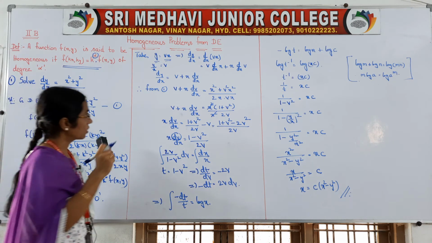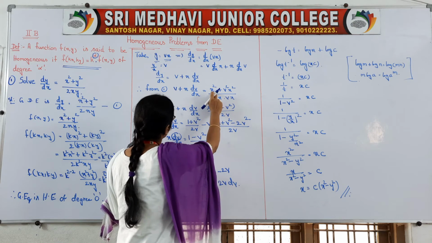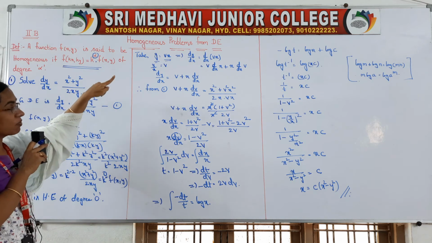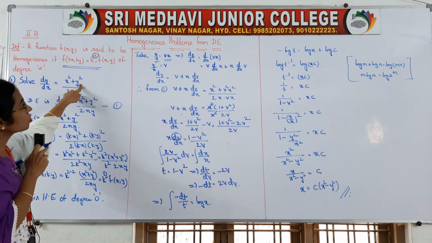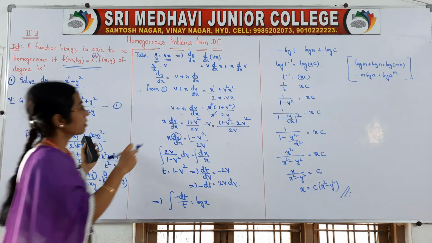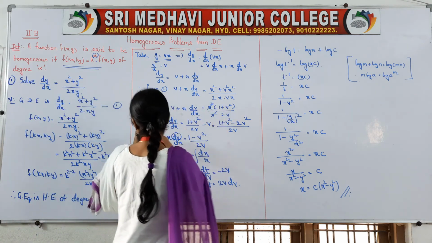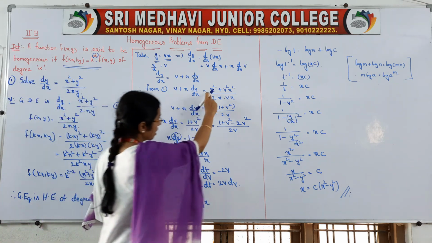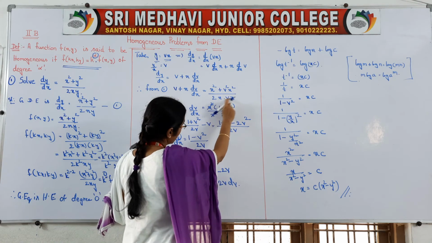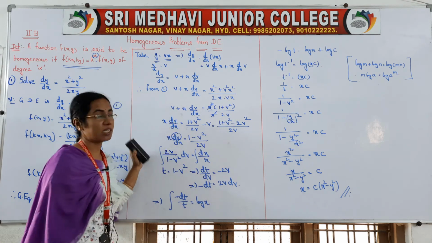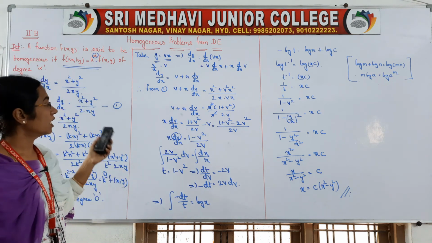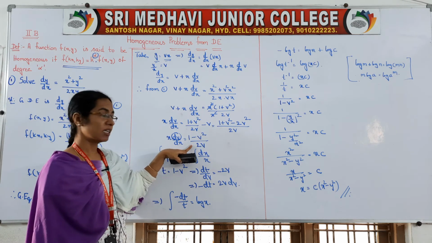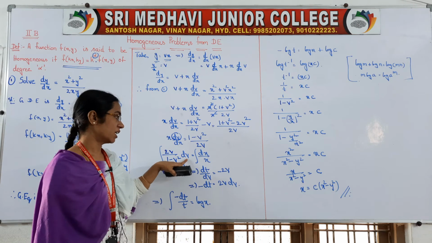So that is equal to this. x square, and in the y place we have taken vx, so it is y square, so v square x square. Similarly downwards also, in the y place we have to take vx. After that, from these two terms you take x square outside, here also x into x square outside, both will get cancelled. Then you send your v to the other side and take the LCM, so 2v by 1 minus v square, dv by dx